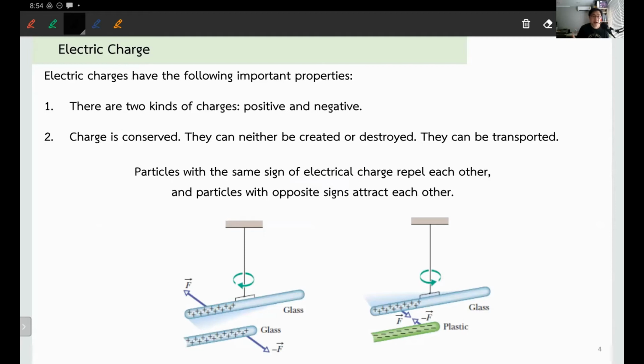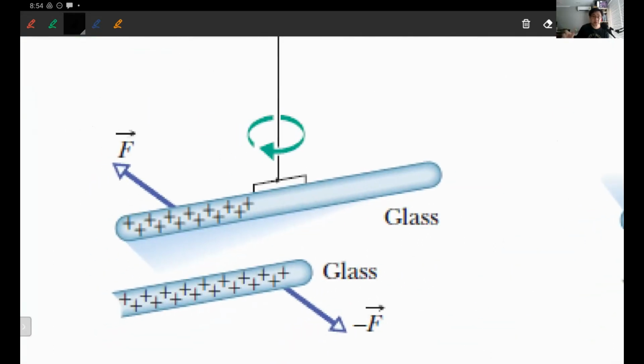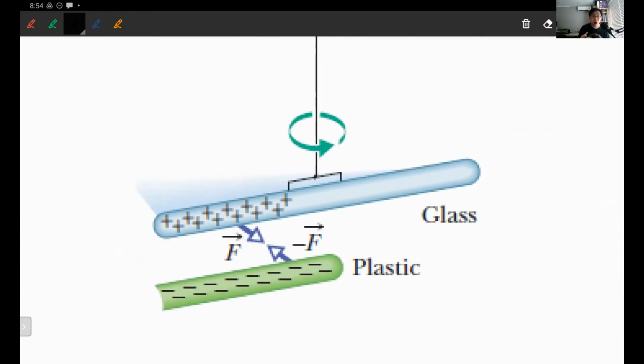This is a textbook introduction to the force acting between charges. The conclusion that we saw from the simulation was, if you have the same type of charge, it's going to exert a repulsive force. So they're going to repel each other. On the other hand, if you have opposite types of charge, positive and negative, it will be an attractive